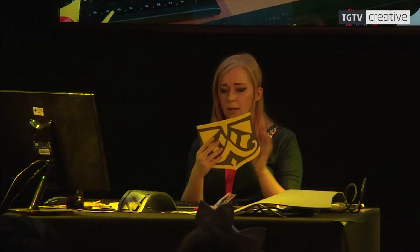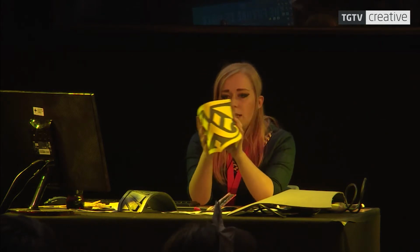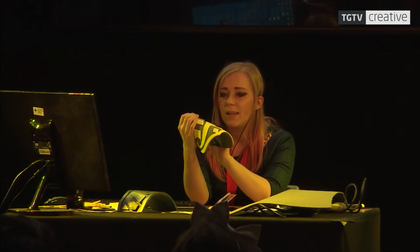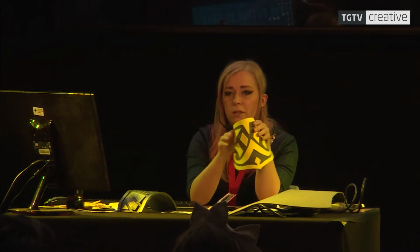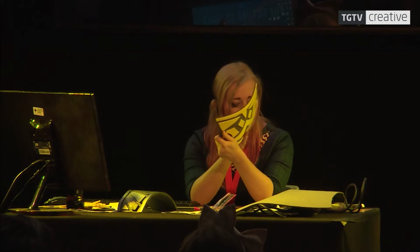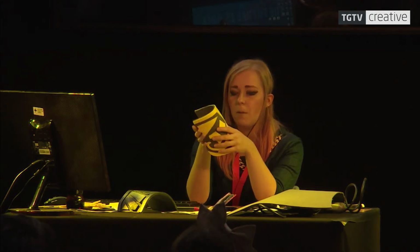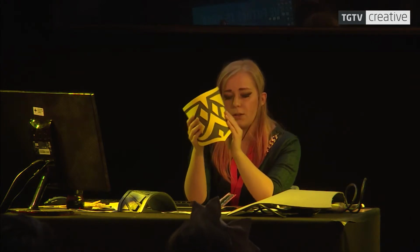Okay, so yeah, this is it. We have everything in the place that we wanted. And a lot of you probably want to make your armor look a little bit damaged, so it's not brand new armor from the armor shop. You can just paint it that way. There are a lot of tutorials on the internet to paint it that way, but you also can damage it a bit. And I basically used a